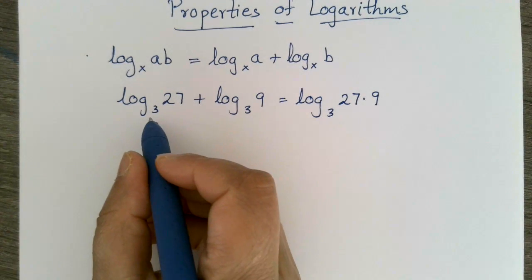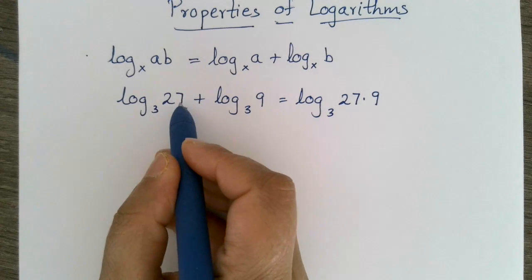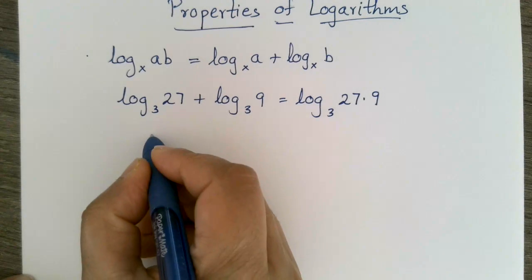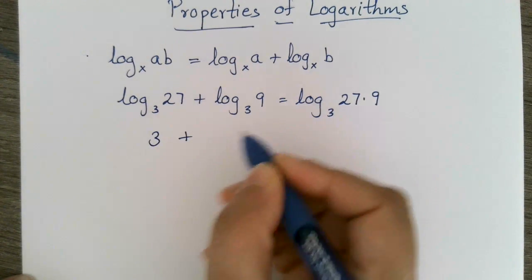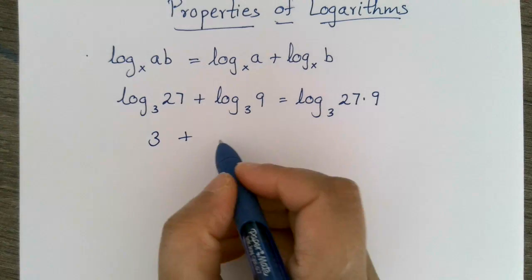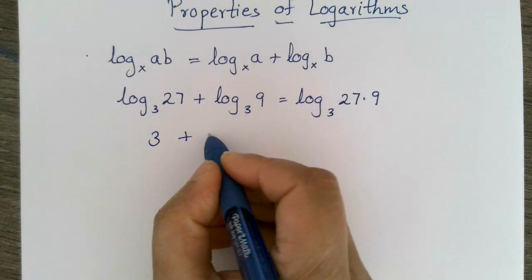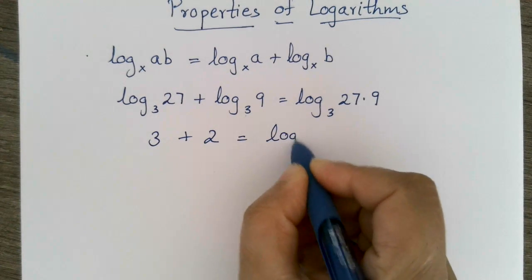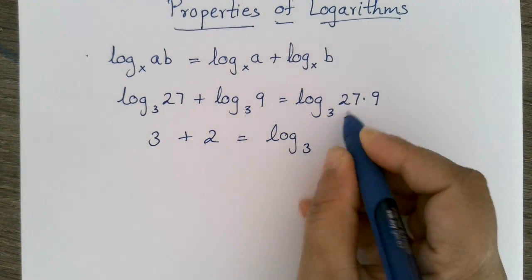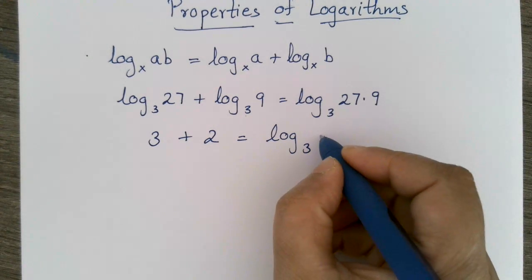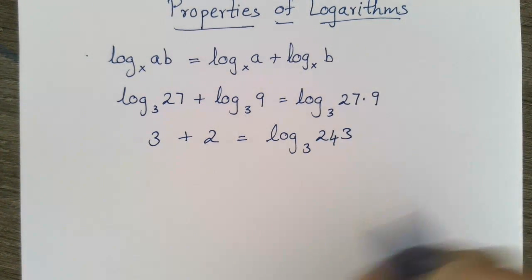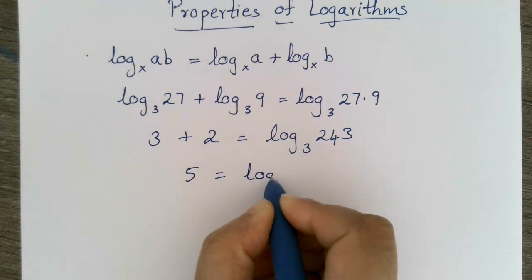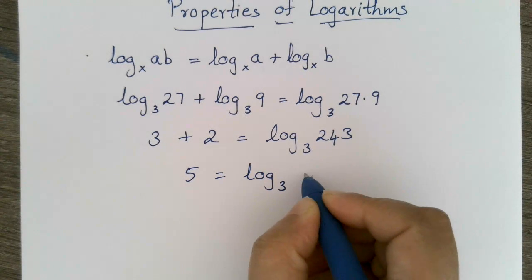And then we know that 3 raised to the third power is 27, so the value of log base 3 of 27 is 3, plus log base 3 of 9 is 2, because 3 squared is 9. And this is equal to log base 3 of 27 times 9, which is 243. 3 plus 2 is 5 equals log base 3 of 243,